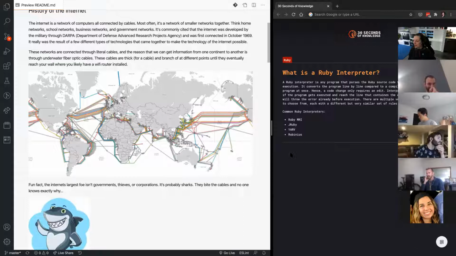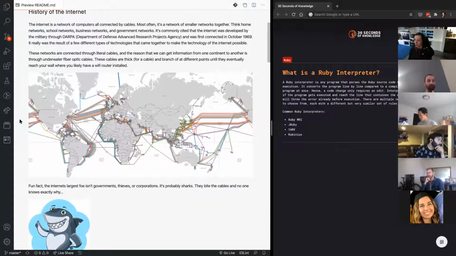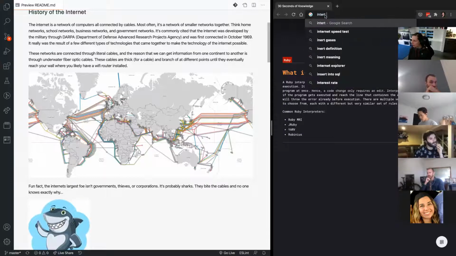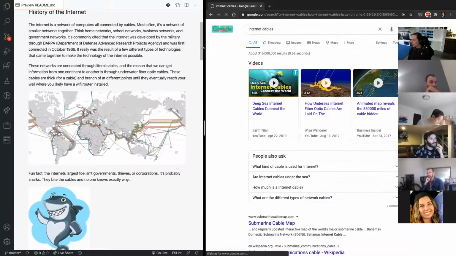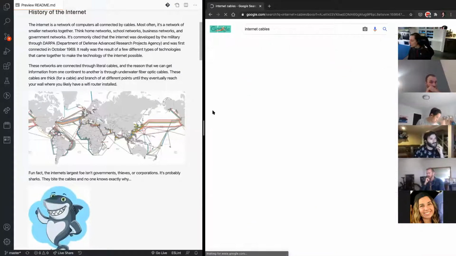Yeah, I think so. The cables still go on land. I think once you draw the cables on land, it would be hard to see where all the countries are because there are so many. So usually, if you see these kinds of representations, it's just the cables that are in the ocean. But I wonder if there's, let's see, internet cables. Let's see if there's another representation of it.